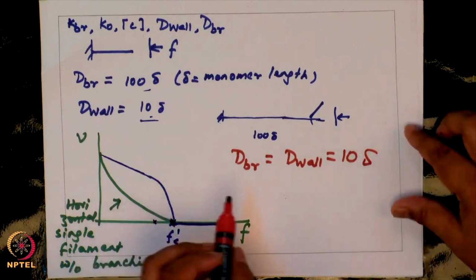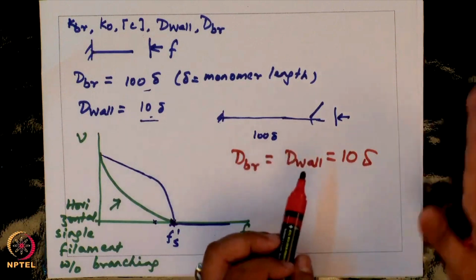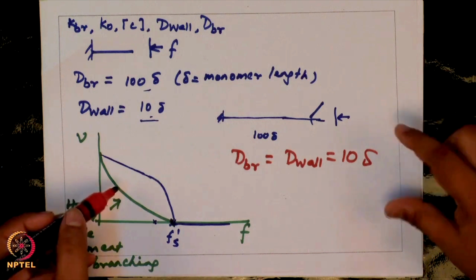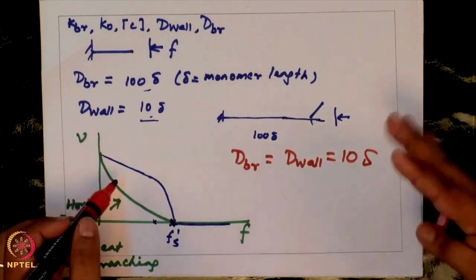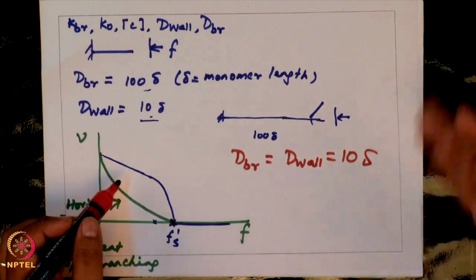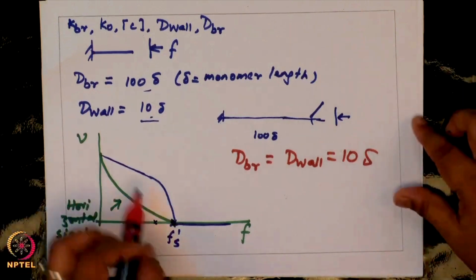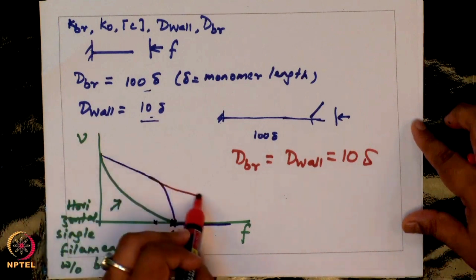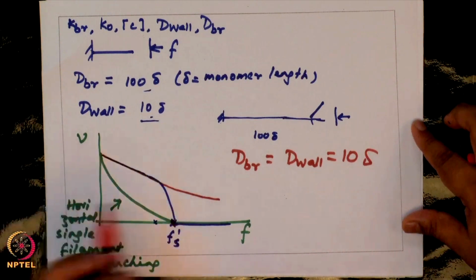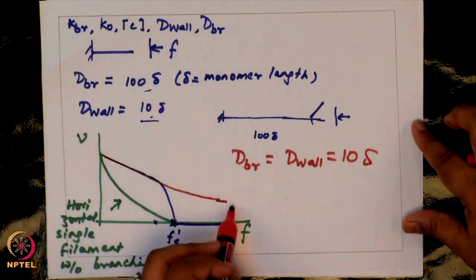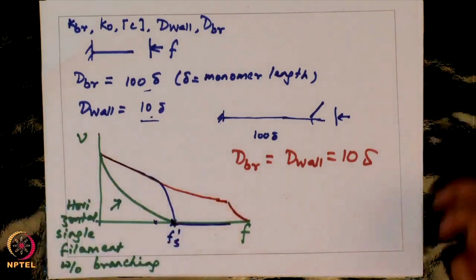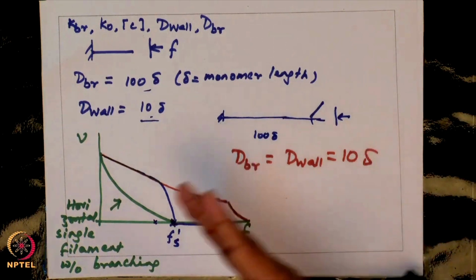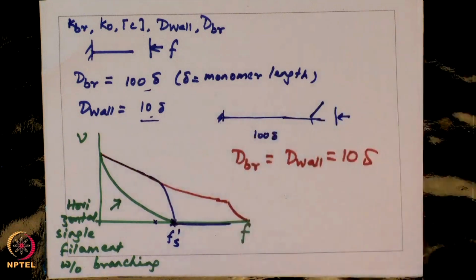In this case, the branching distance is exactly the same as the wall distance. Given this phenomenon that we just discussed, you are almost sure that a new filament will branch. In that case, you will have a force velocity profile that starts from here and looks like this. So, the occurrence of branching really shifts the stall force to higher and higher forces,